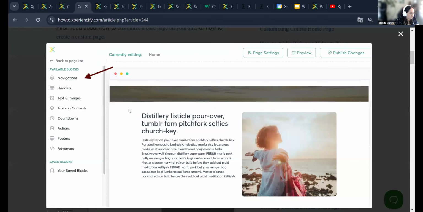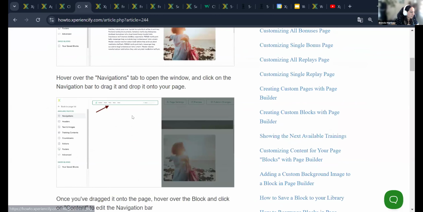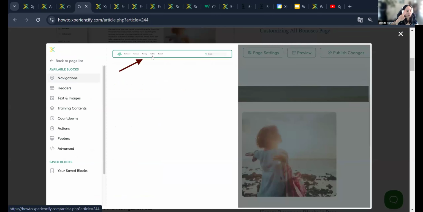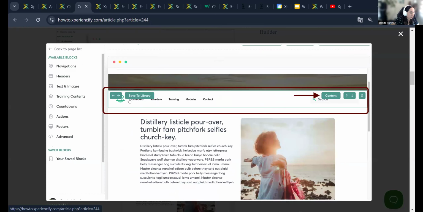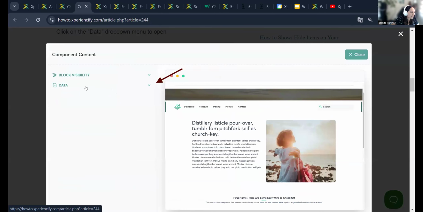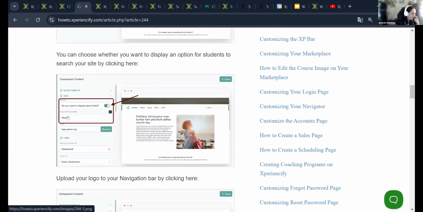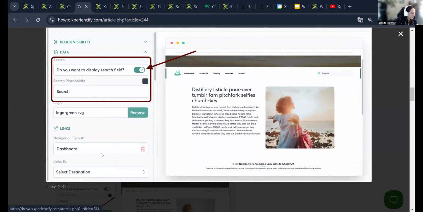Here we have examples. So you would go to your page builder. Okay. And then you will see the available blocks here. So you select navigation. We have 2 types of navigation bars. It's just the style that changes. And how to use it, you just click on it and drag it into your page. And it will look like this. And here is where you will edit the content, and you will decide what you want people to see in the navigation bar. In this case, the dashboard,